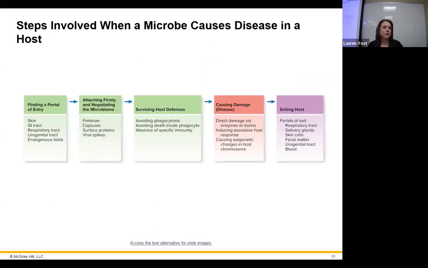All right, how are we starting disease? We're going to go into the person, finding our portal of entry. There's a lot of ways we can get in. Attaching, we have to stick wherever we're going to be doing our thing. Surviving the host defenses, so the immune system in general. Causing disease. So that's going to be, you're living there, you're doing your thing, and you're defending your spot there. And that happens to involve making toxins and things like that that cause damage to the host. And then now you've multiplied and you've got guys that are ready to leave and go infect the next person. And that they need to get out somehow. So that's exiting the host. We're going to go through them.